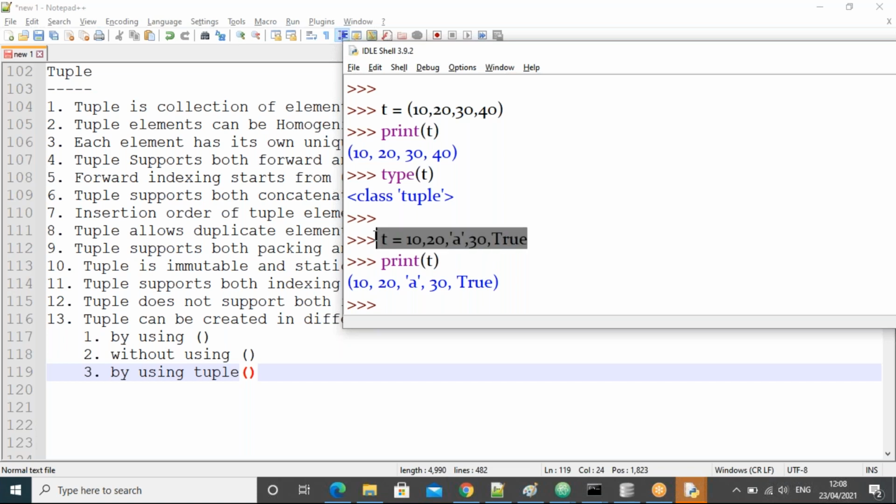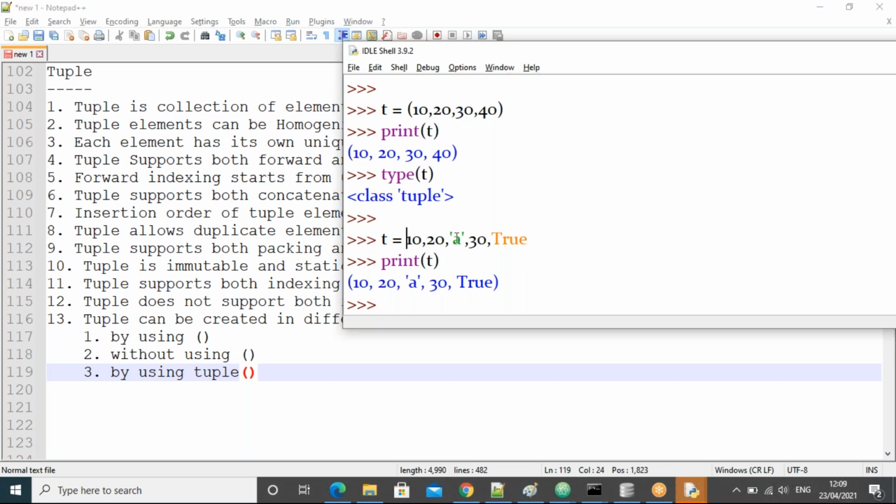At that time, when I printed t, tuple format came. I told you, remember, this is tuple type. About tuple, we'll discuss later very clearly. That point I told you on that day. Now I'm saying that we'll see the tuple right here.